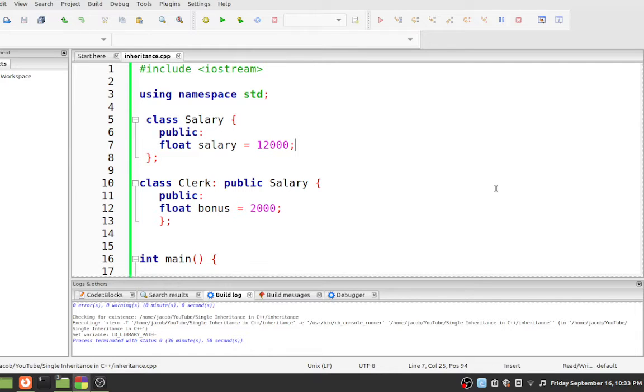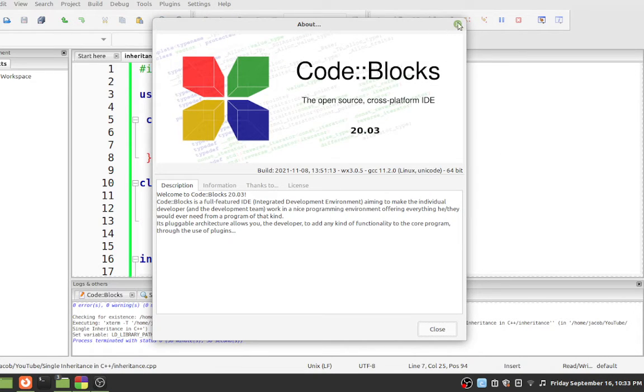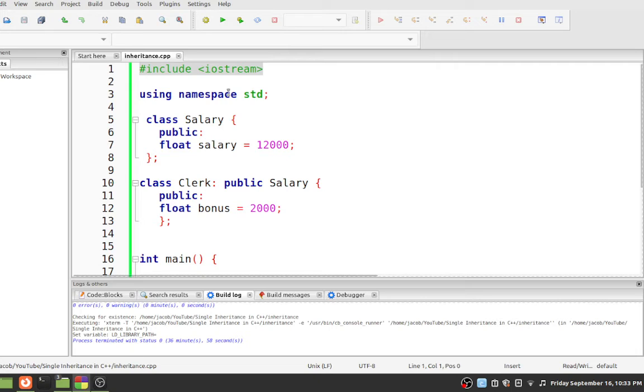Okay, so I'm using Linux Mint as my operating system in my computer. I'm using Code::Blocks in Linux as my working environment, or IDE. #include <iostream>, line number 1, for input output, using namespace std;